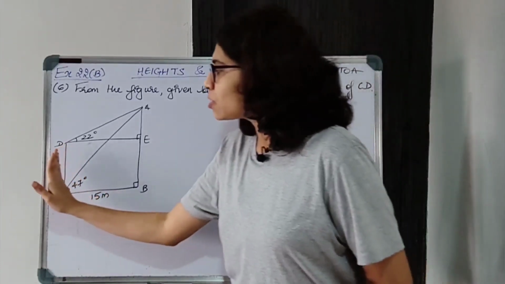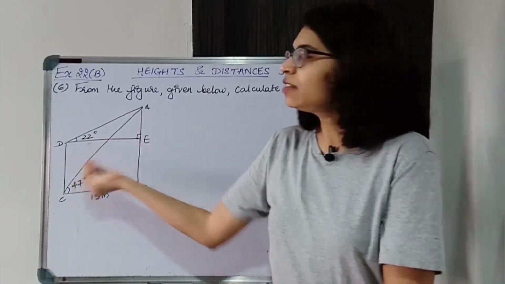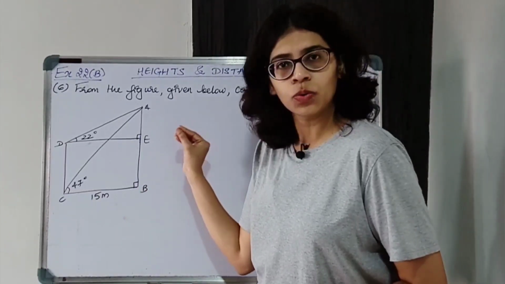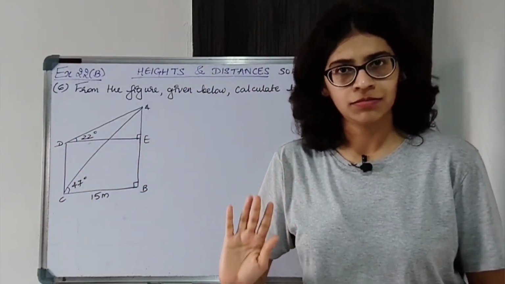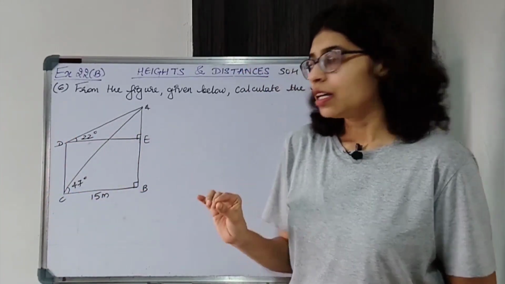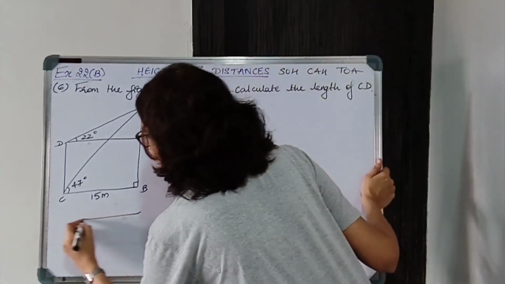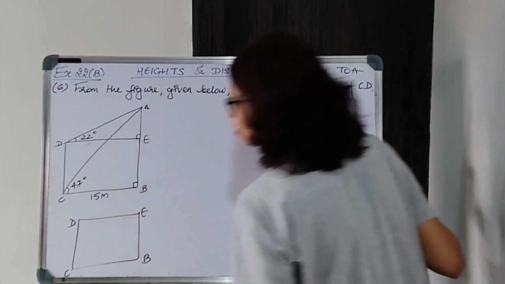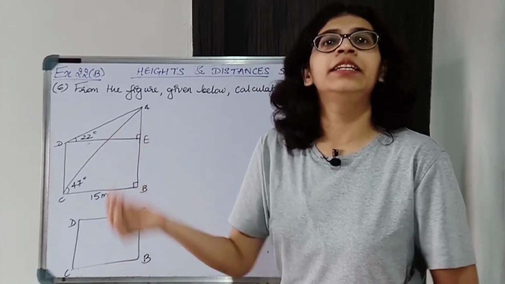So what we have to do in such a case is relate CD with some other side. Relate CD with something else. For that, let us observe the figure carefully. Now from the figure we can say BCDE is a rectangle. From the figure it is clear that BCDE is a rectangle. Now if this is a rectangle, I can use the property of rectangle. BCDE. Why are we considering this? Because CD comes in this rectangle. So we can relate CD to something.